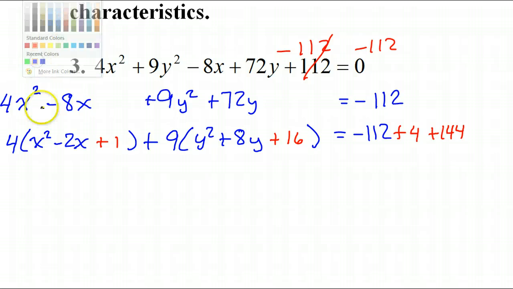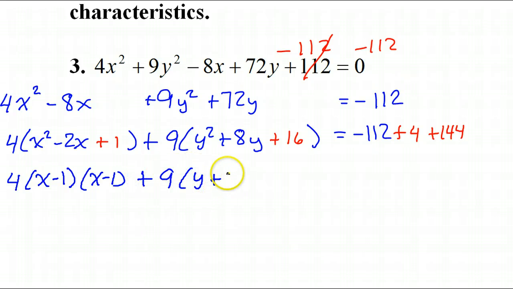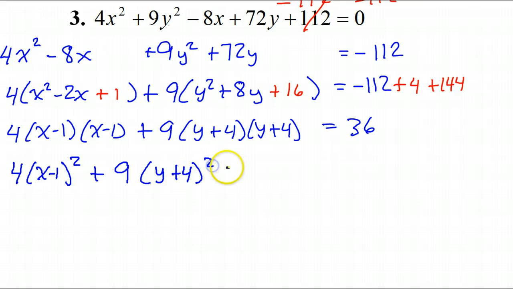Now I can clean this up. So this will be 4 times x minus 1 times x minus 1. That's how this would factor down. And this will be 9 times y plus 4 twice. Okay, let's clean this up. So 144 plus 4 plus negative 112 gives us 36 over here. So what we have here is 4 times x minus 1 squared, and then 9 times y plus 4 squared